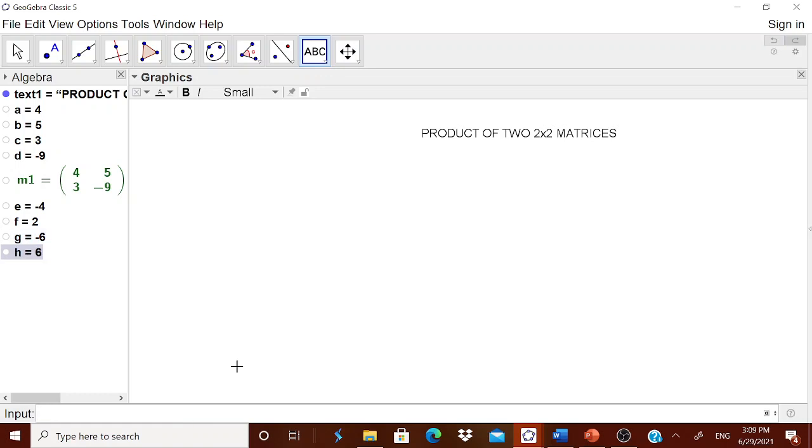Okay. Now let us go for the matrix once again. Now bracket, again curly bracket. The first row it is E, comma, F, then comma, then once again curly bracket starts, then G, comma, H. Be careful, comma should be there, enter. You got it now.